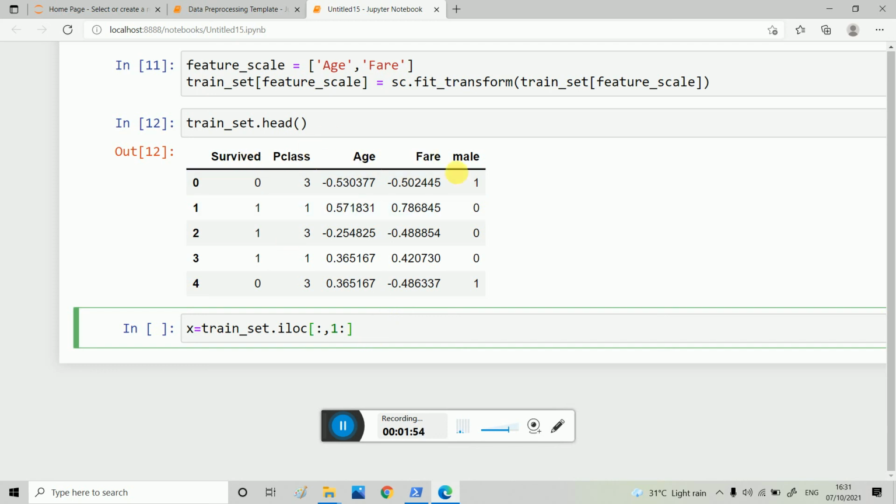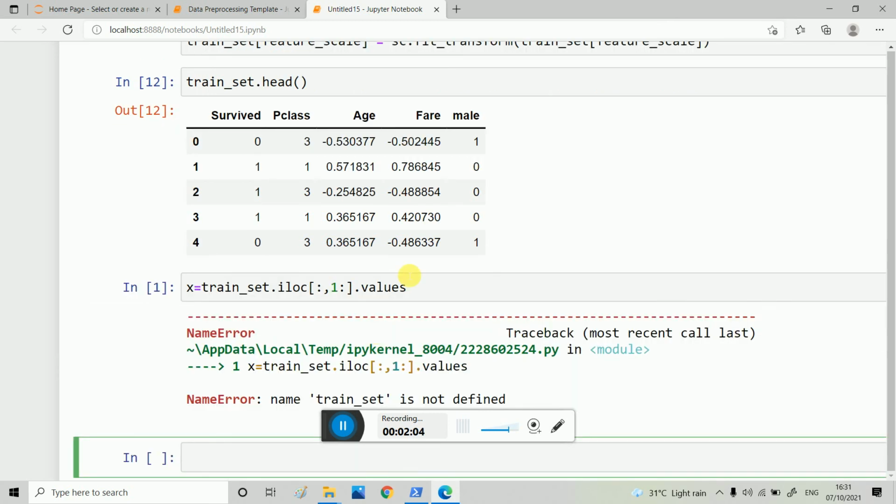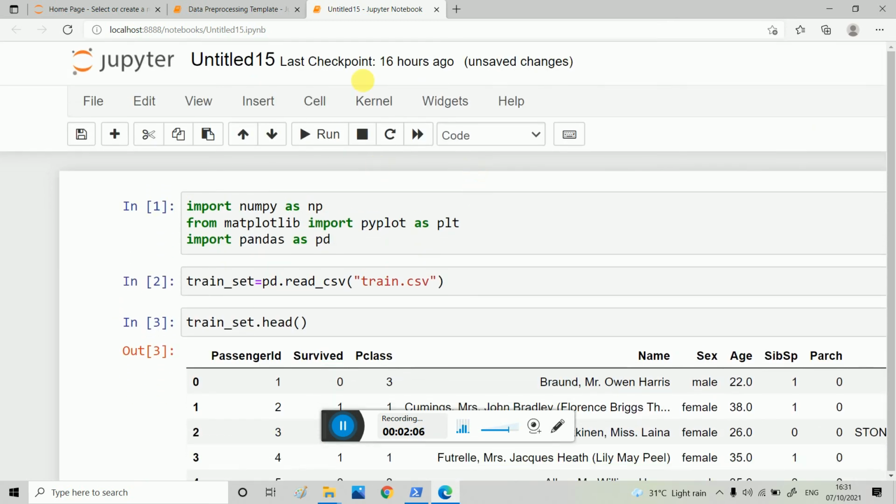I want this data frame as an array, so that's why I write values here. First, I have to run this file once again.